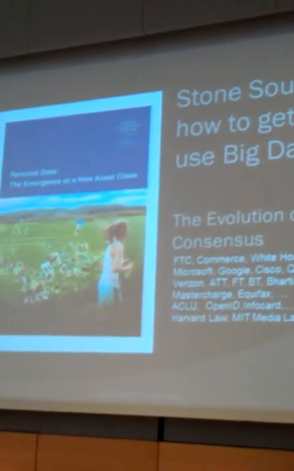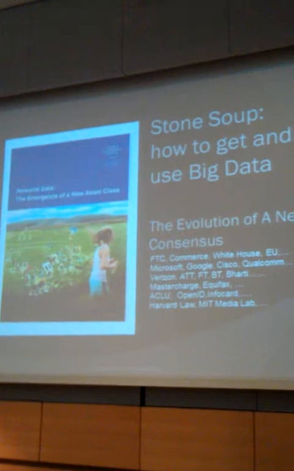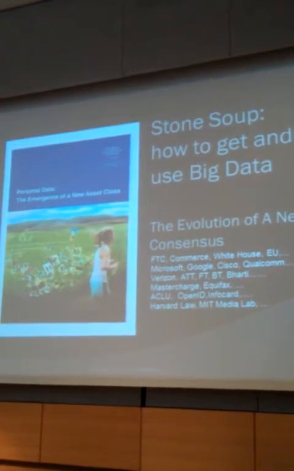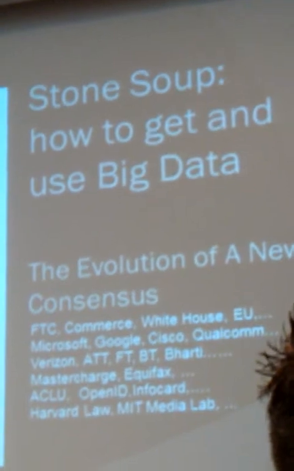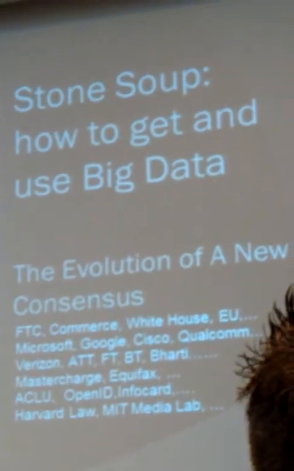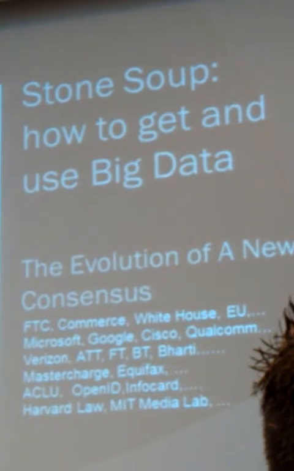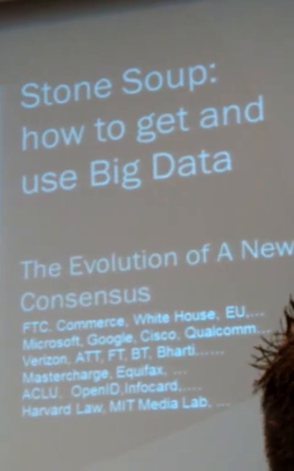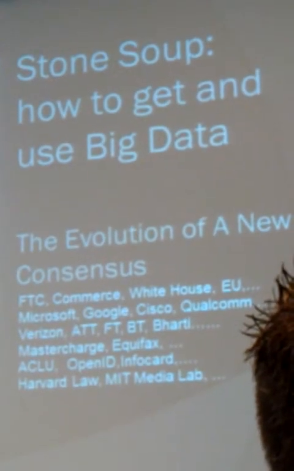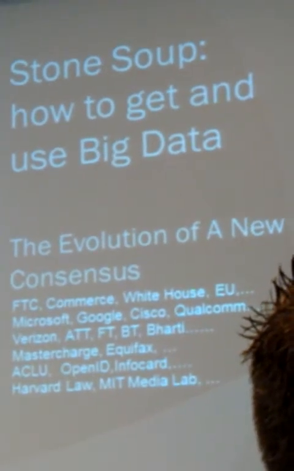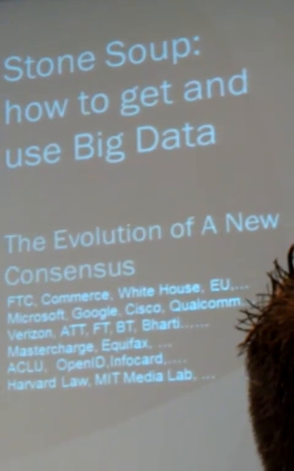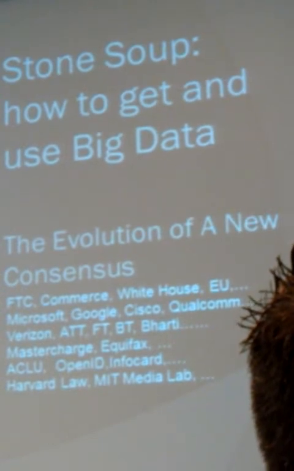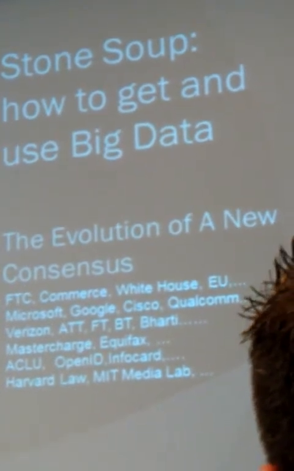So about 4 years ago, I started arguing that we needed a new deal on data. The current privacy laws, the current way of handling data was wrong. And I persuaded the World Economic Forum to start a project called Rethinking Personal Data. And over the years, we've had a series of conversations with the CEOs of Microsoft, Google, Verizon, MasterCharge, etc. Their legal counsel, also the chairman of the Federal Trade Commission, EU Commissioner for Commerce, White House special delegates, etc., about this problem. And the good news is there's a win-win-win solution.